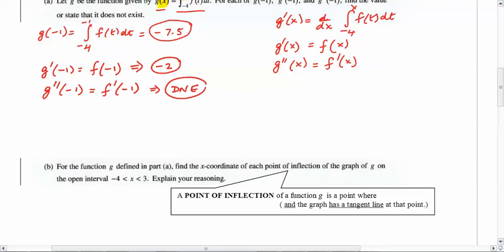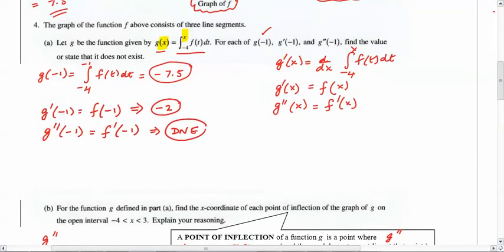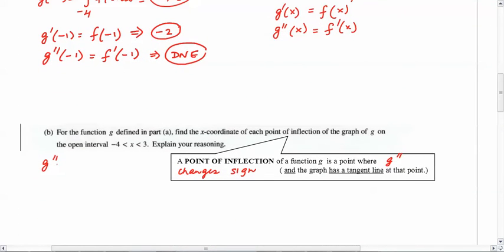Remember, a point of inflection of function g is a point where g double prime changes sign. So we are looking for where g double prime, which we said in the little cloud was f prime,